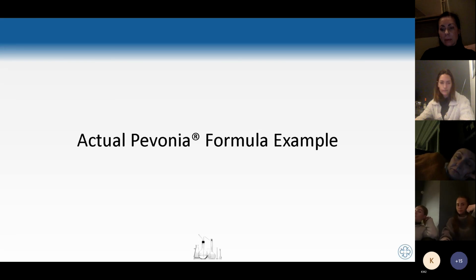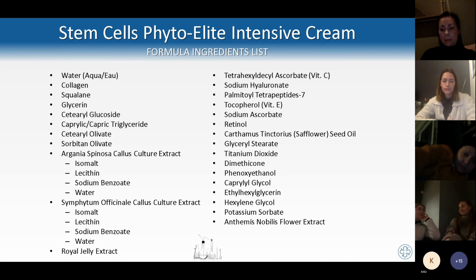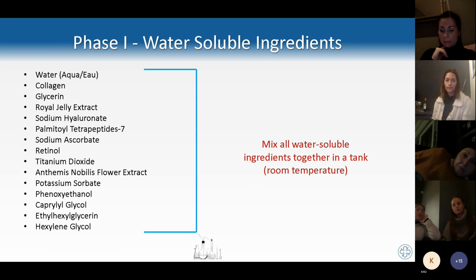Let me show you now an actual example of a Pavonia formula, like the case of the stem cells. This is the full list of the stem cell ingredients in the Pavonia product. The cream has all these ingredients that you see here, and these are all important for a cream that contains about 7 anti-aging ingredients in one cream, including retinol, the stem cell protein extracts, vitamin C and peptides, and hyaluronic acid as well. So this is a very comprehensive formula, created with the triphase microemulsion system. Basically, the way this is created is you take all the water soluble